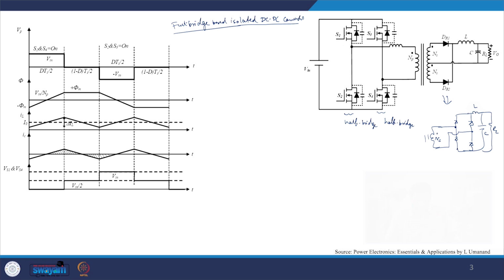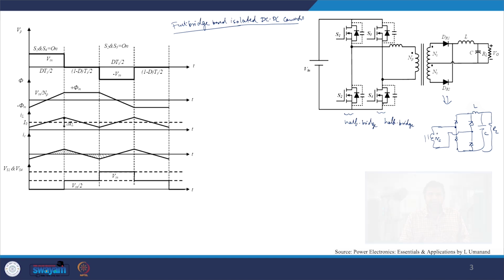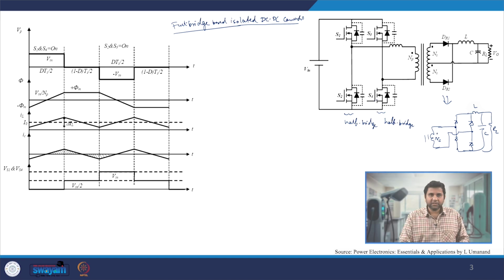So now if you look very carefully, let us see how this particular converter operates. It is called full bridge because we have used two half bridges to make them work like a full bridge. In this case we are simultaneously turning on the S1 and S4 switches. Since we are turning on S1 and S4 simultaneously, we are actually applying, if we define this as V primary voltage,